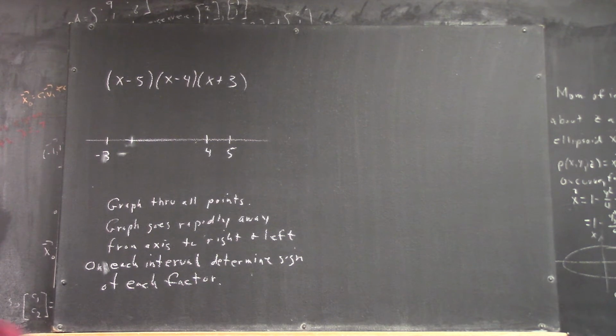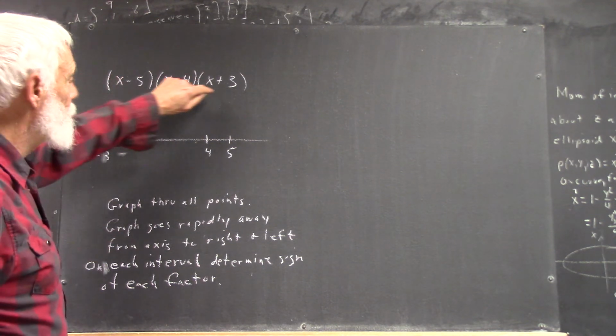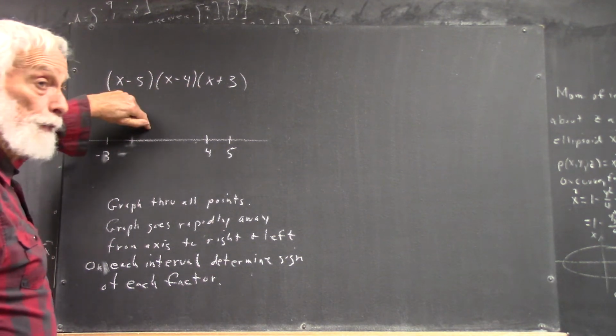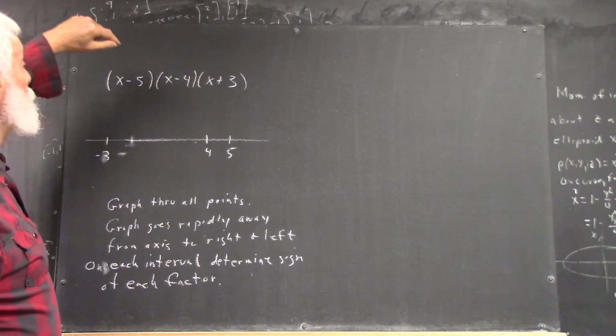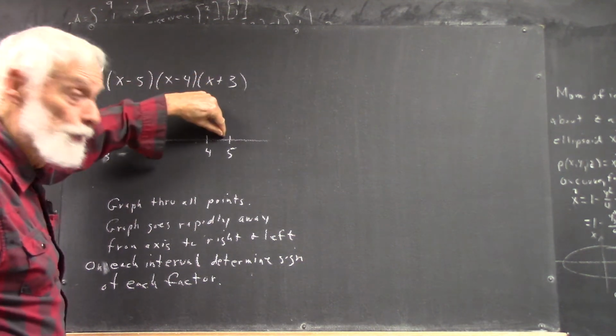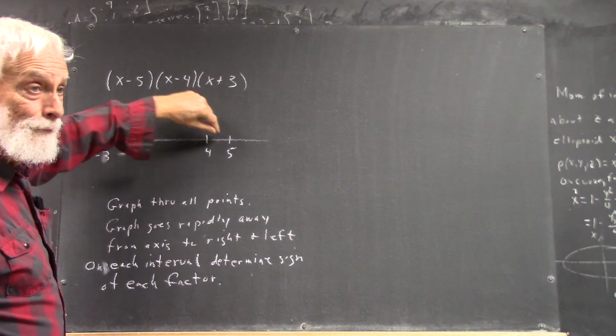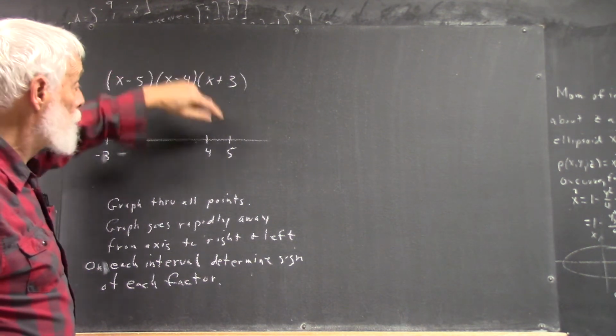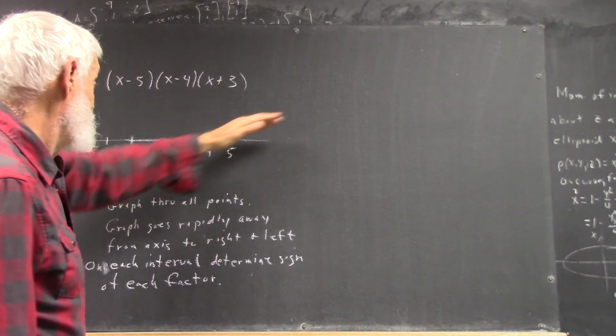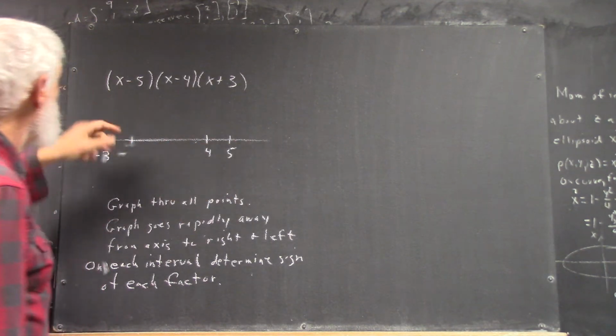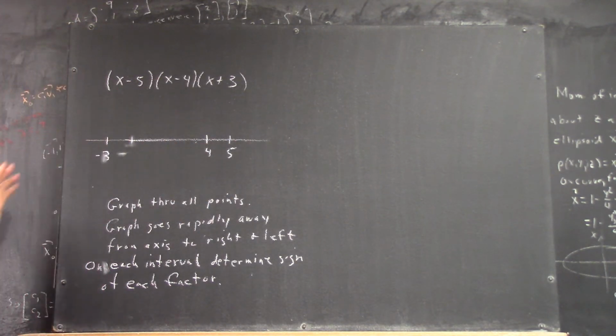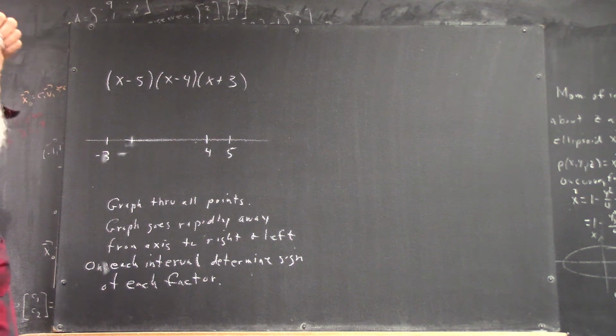Okay? That means you have to determine the sign of this, this, and this on this interval. And you have to determine the sign of this, this, and this on this interval. And the sign of this, this, and this on the rest of this, to the right of 5. And same thing to the left of -3. So for example,